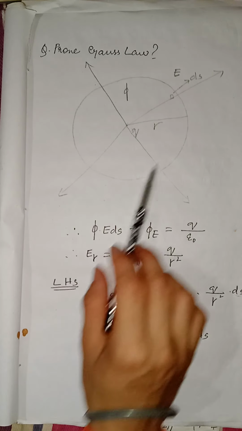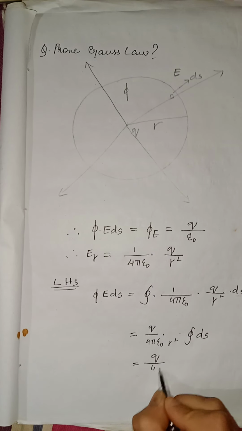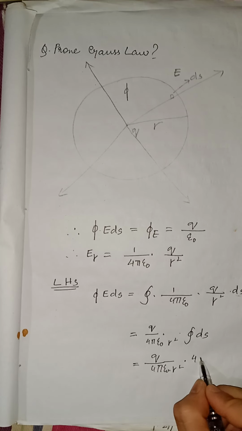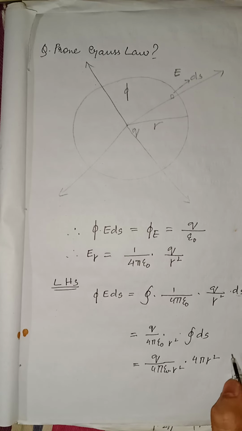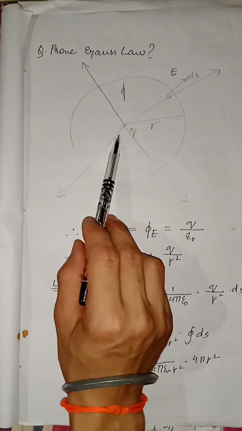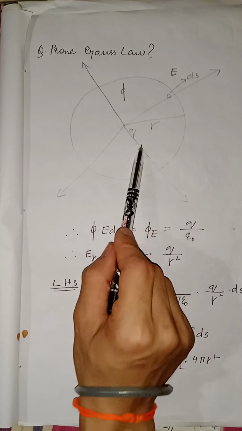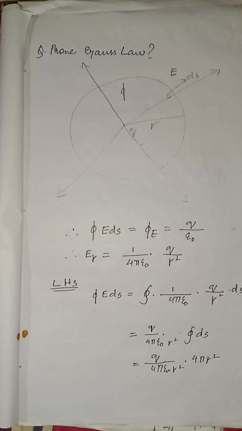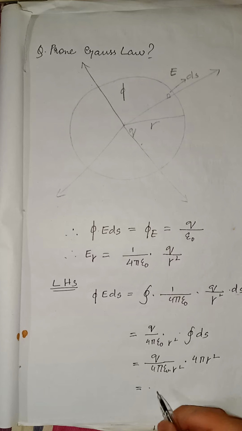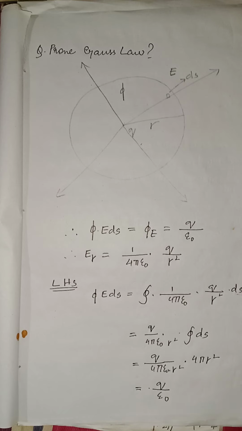The closed integral of dS is the surface area, which is 4 pi r square. So it will be q by 4 pi epsilon naught r square into 4 pi r square, which is q by epsilon naught. How? If we cut this one, if we cut